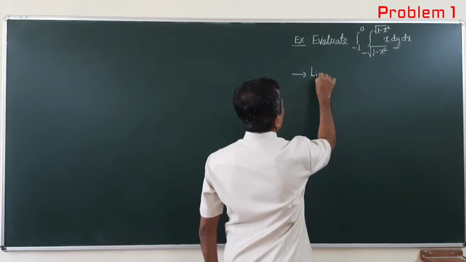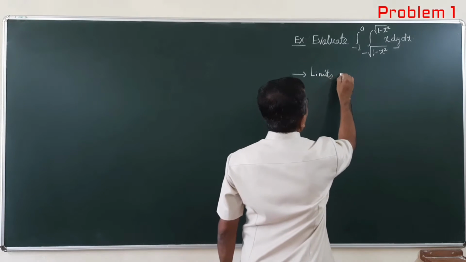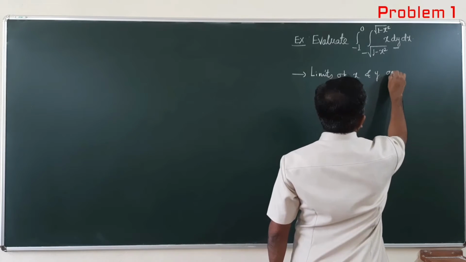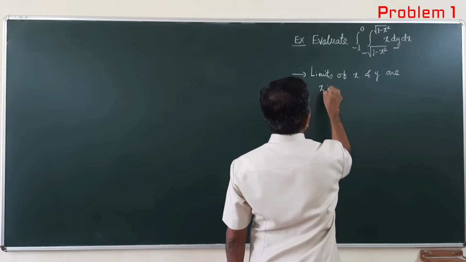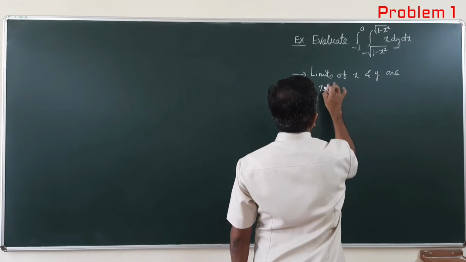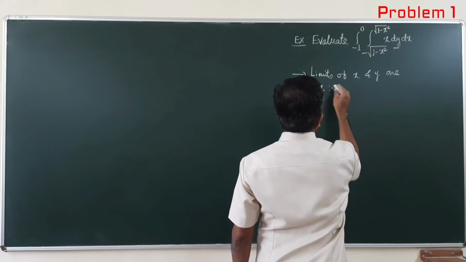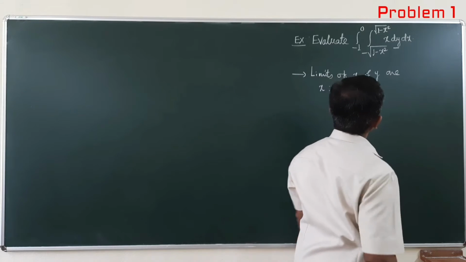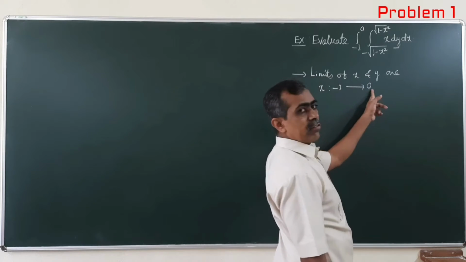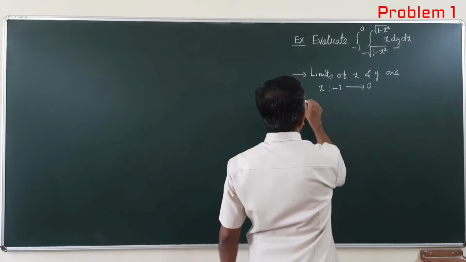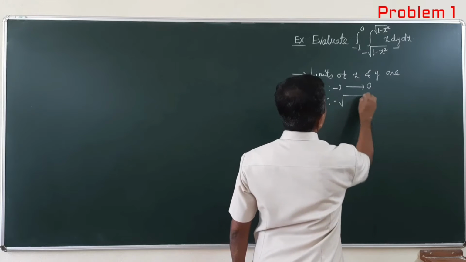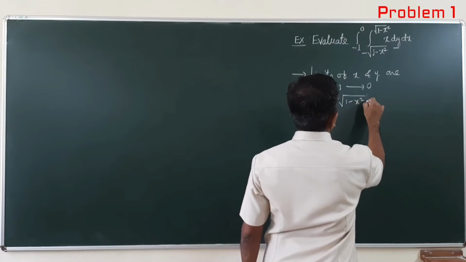The limits of x and y are: x runs from x = -1 to x = 0, and y runs from